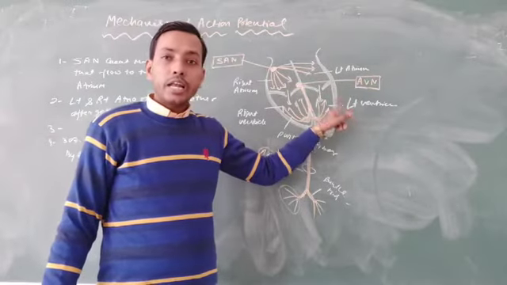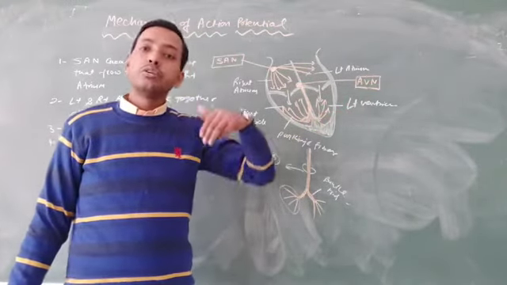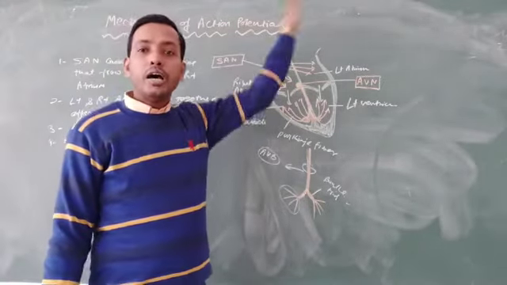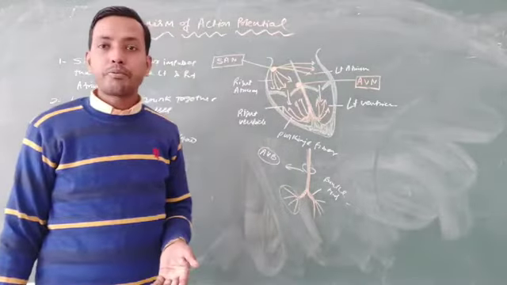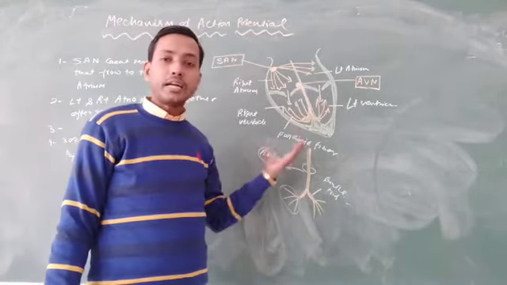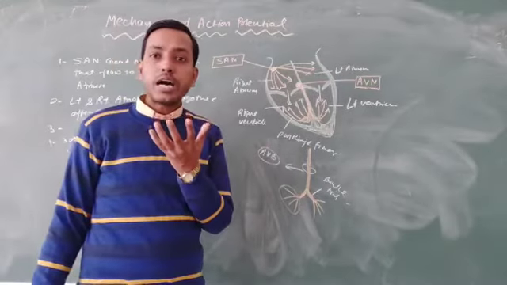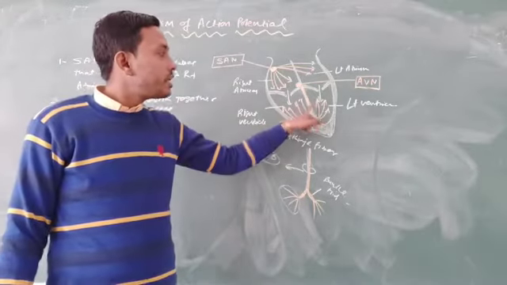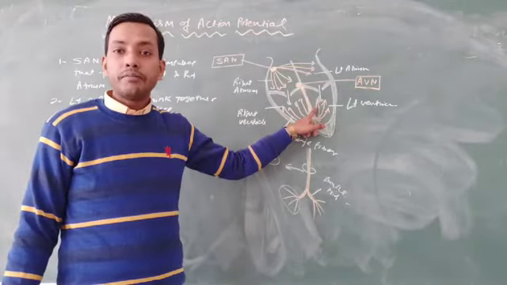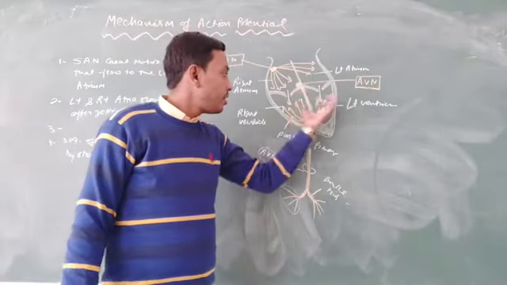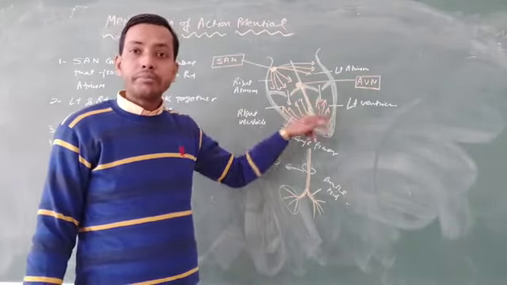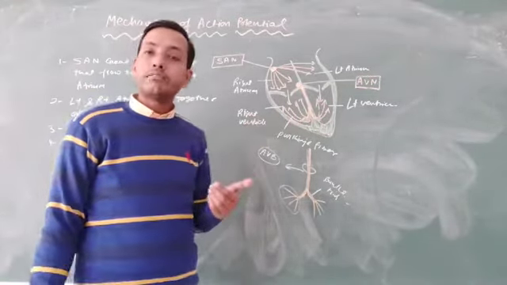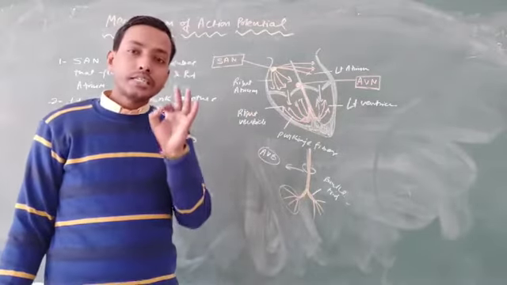After shrinking, the left ventricle sends the blood to the body parts, and the right ventricle sends blood to the lungs for the oxygenation process. So we can say that the left and right ventricle push the blood to the rest of the body. Listen carefully. The left ventricle links up with the main artery, and that main artery has a specialized valve, known as the semilunar valve. Similarly, in the right ventricle, the pulmonary artery also has a semilunar valve.